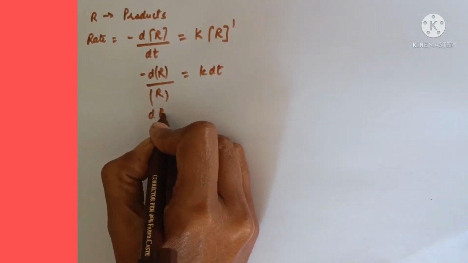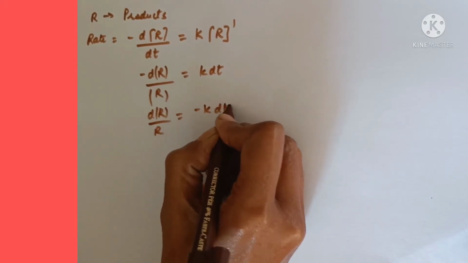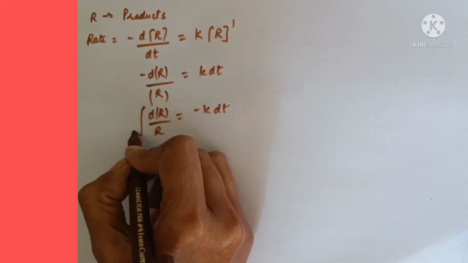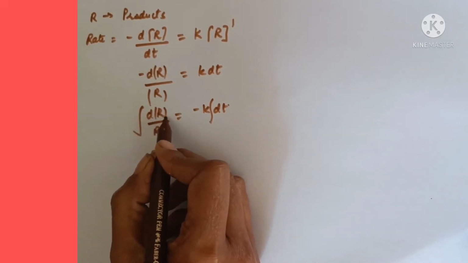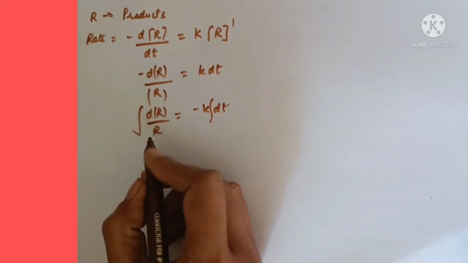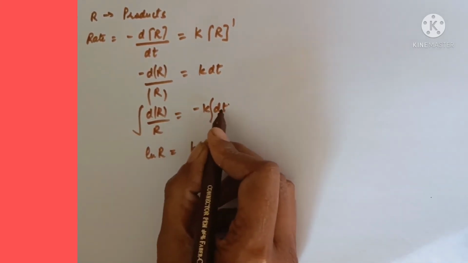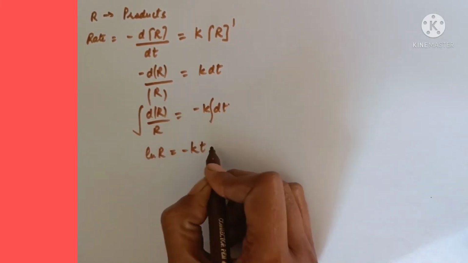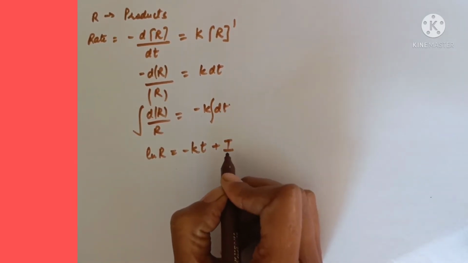We bring minus to the other side, and so we get d[R] upon [R] is equal to minus K dt. On integrating the equation, we get integral of d[R] upon [R] is equal to minus K into integral of dt. So on integration, we get ln [R] is equal to minus kt plus I, where I is the constant of